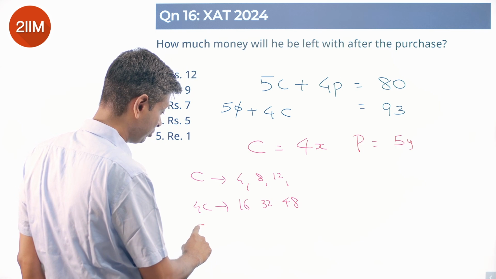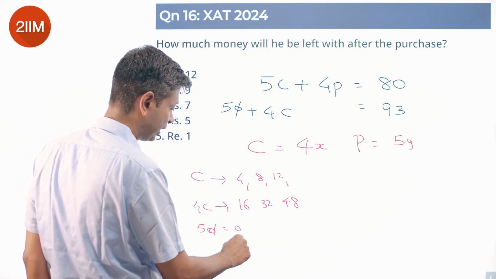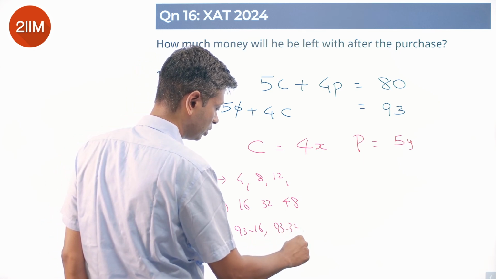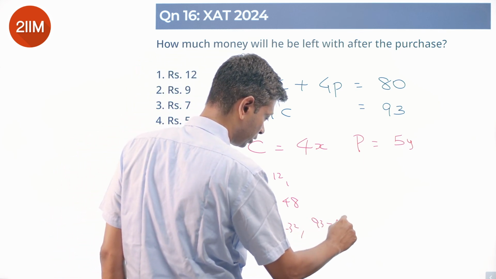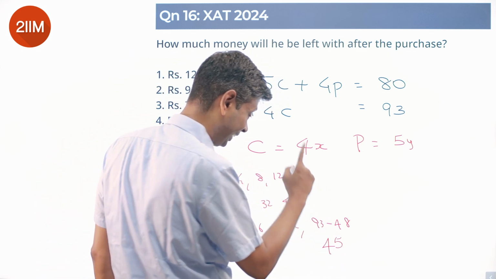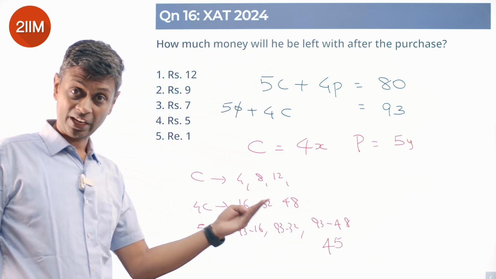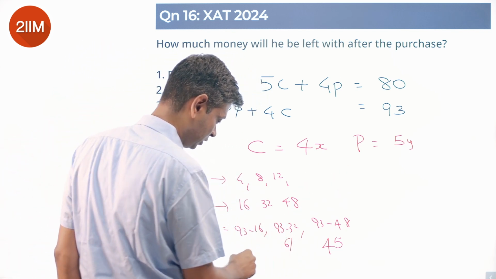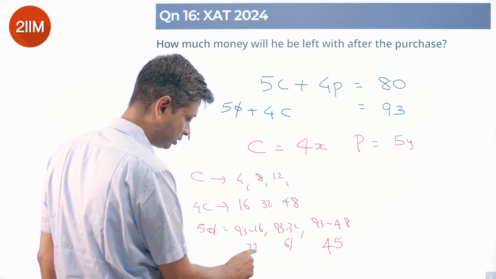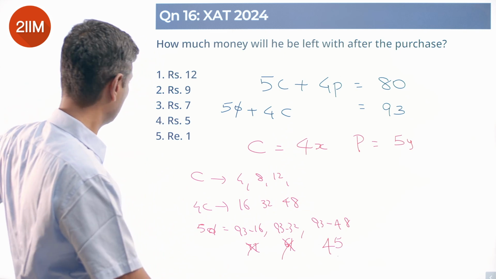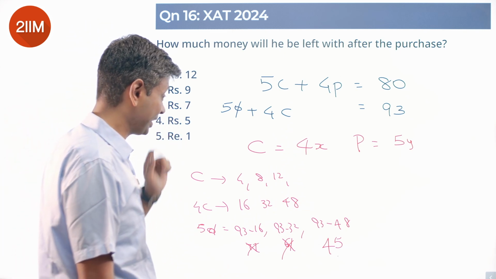So 5 times onion could be 93 minus 16, 93 minus 32 or 93 minus 48. This is 45. I like it because that's a multiple of 5. That can work. This is not a multiple of 5. This is 61. This is 77. These two don't work. Only this works. We are through. Or the price per cabbage